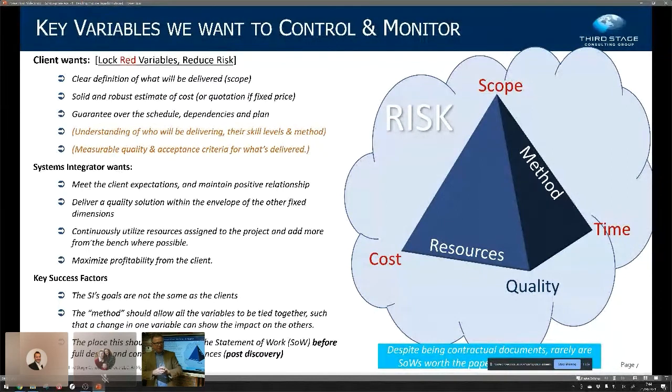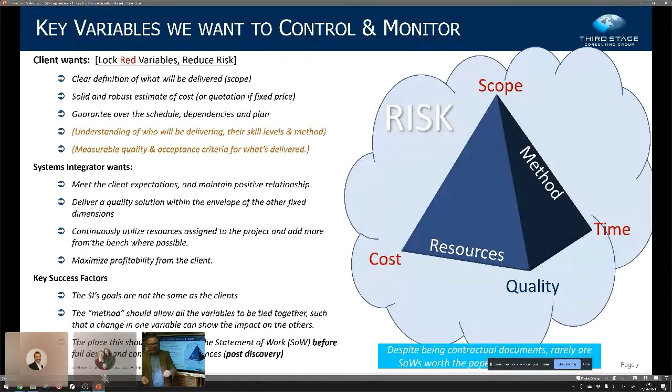Now, if he's lucky, he'll want to add another resource or extend it up to 5 days. And so the systems integrator will always be on the lookout for opportunities to cross-sell and upsell and to extend the engagement to get more bodies, because that's what makes them profitable.